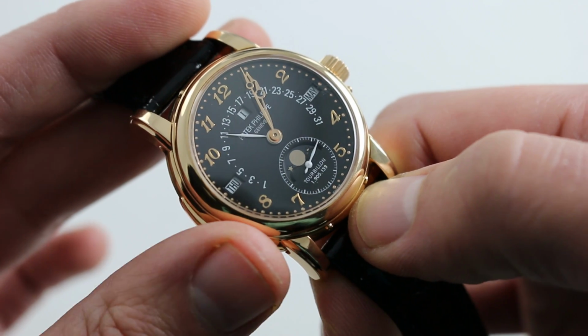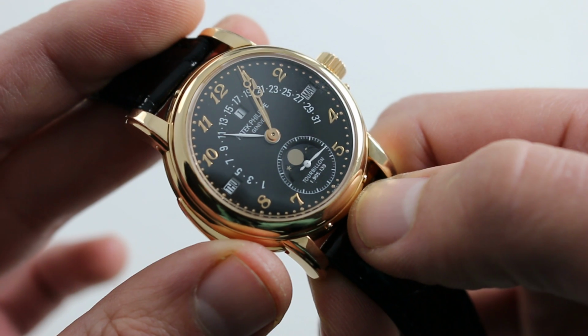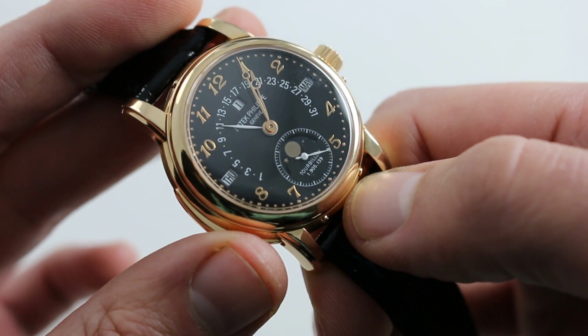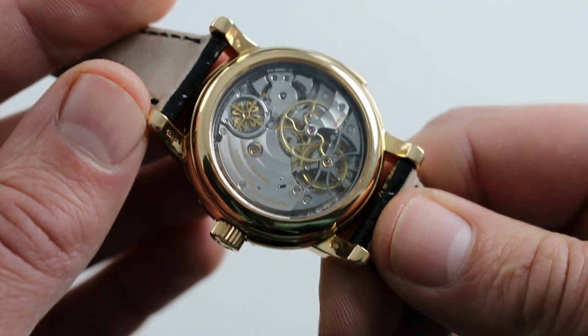Patek says, you know what, this watch is going to be a triple grand complication, a retrograde, a moon phase, and we're going to get a COSC certification for it. Quite simply, this is an ambitious timepiece that succeeds on every level. Now, the watch is an extraordinary application